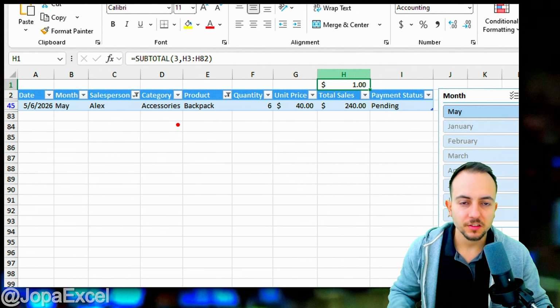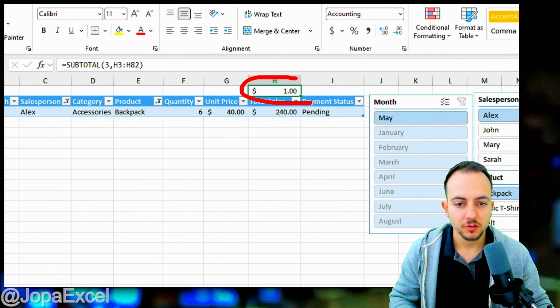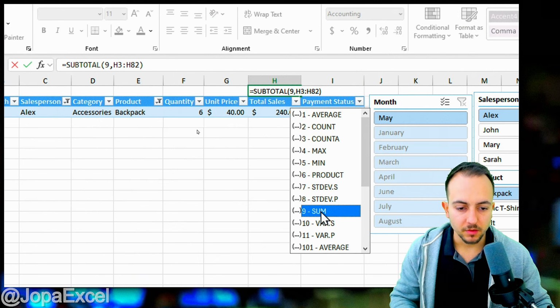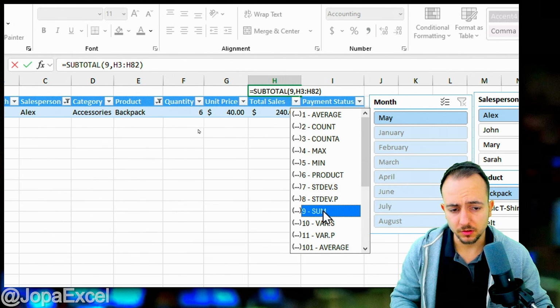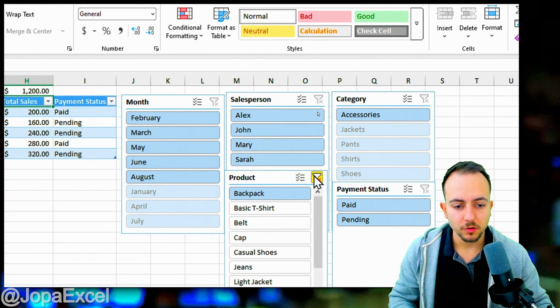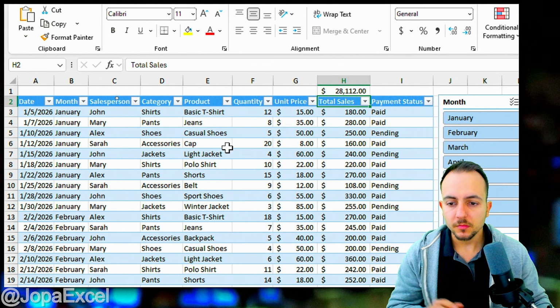Of course, this is easy, right? Only one single row. We can just see it. But of course, here we also have this result. But let me go back to sum, because I like the most doing the sum with the subtotal, but also the average is something very interesting to do. Enter. Okay, that's it. And the last thing I want to show you guys here about the subtotal is, if